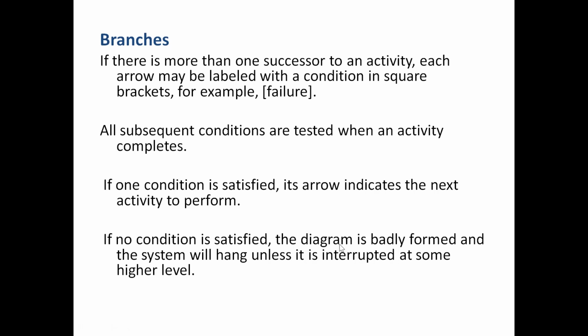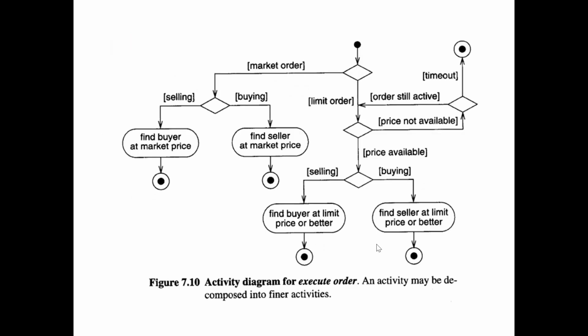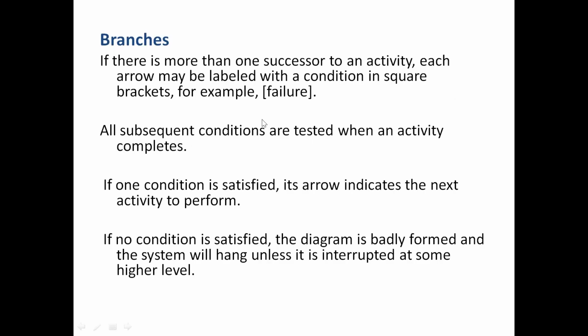Branches, right? Just now I had told you split of control and merge of control, right? And branches. So branches is decision making, right? That diamond symbol that you have, especially this one, right? So here it is branching. This is what is a branch in an activity diagram.